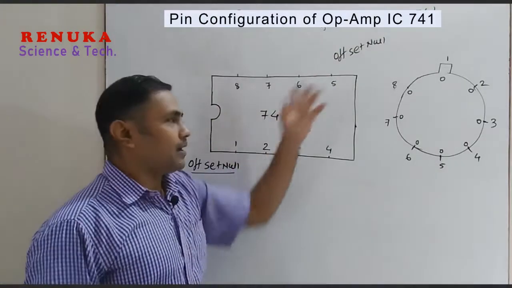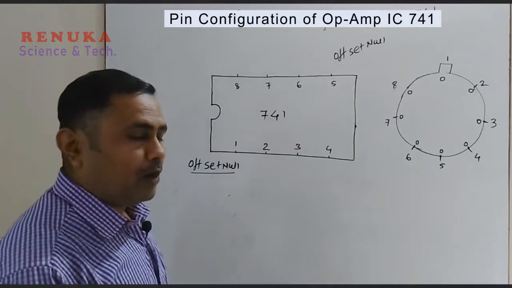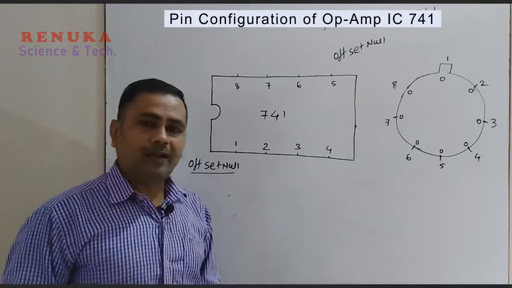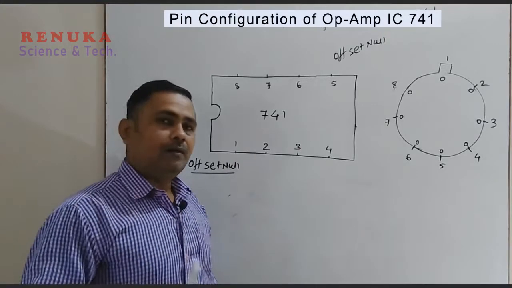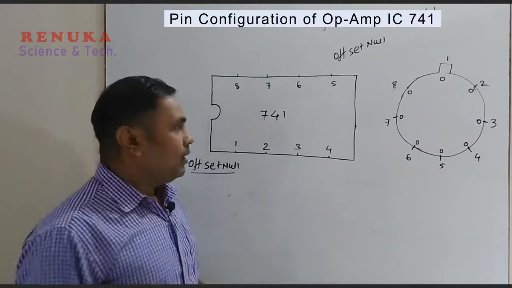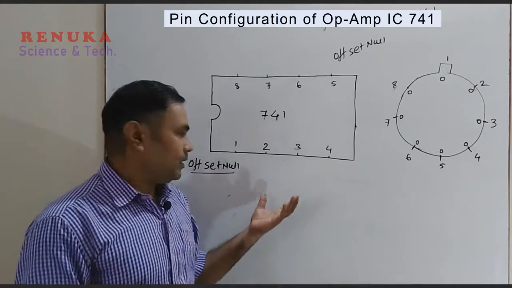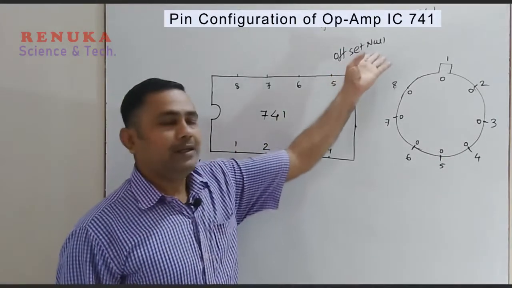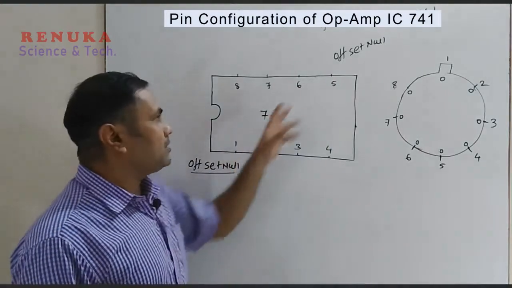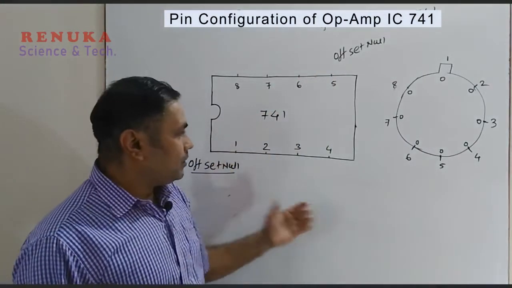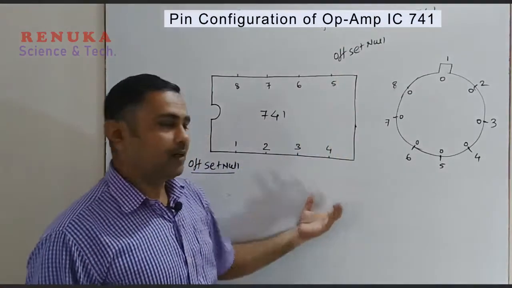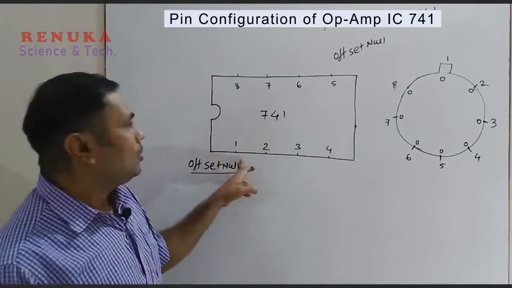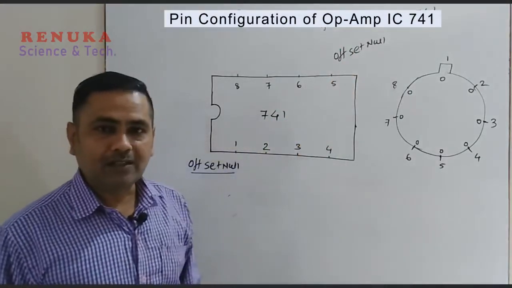Now why are there these two pins? As we have discussed in the block diagram of the operational amplifier, there is a level shifter circuit, and this level shifter circuit is used to bring the DC level back to 0. Sometimes it is required to inject positive current, and sometimes negative current. So that is why two pins are used here. By connecting a common potentiometer here, we can adjust the potentiometer to nullify the output. So these are the two pins to null the output under zero signal conditions.